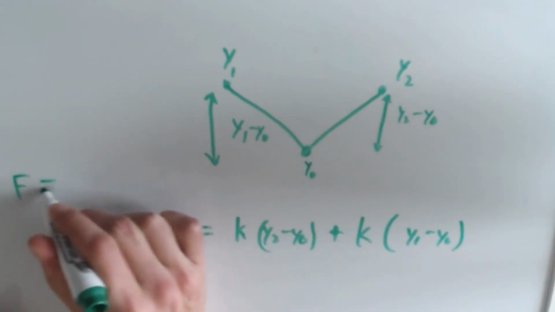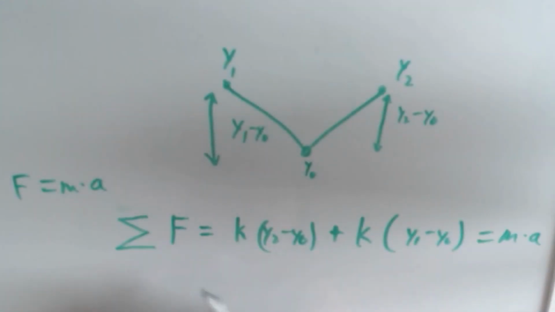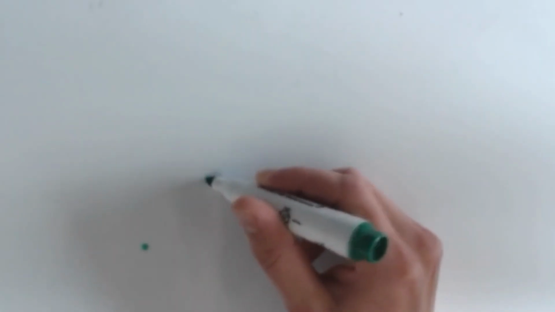The equation for force is equal to mass times acceleration. This is actually exactly how our code is going to look later on. Okay, now pretend like you didn't see any of that. So now let's say we have a point right here, and another point right here. So if you remember that